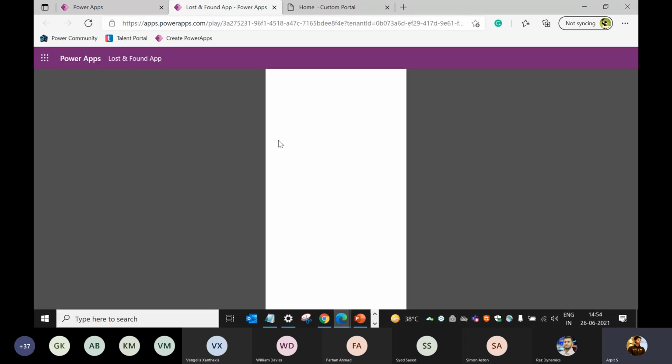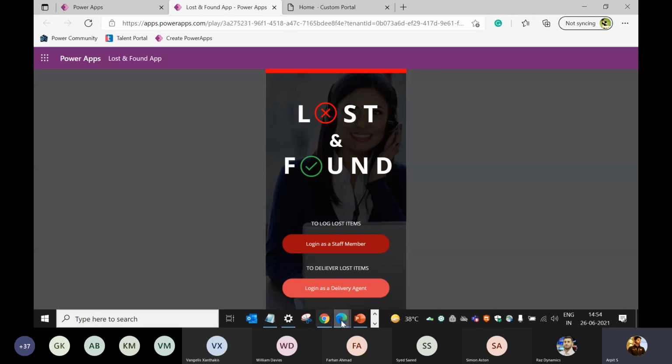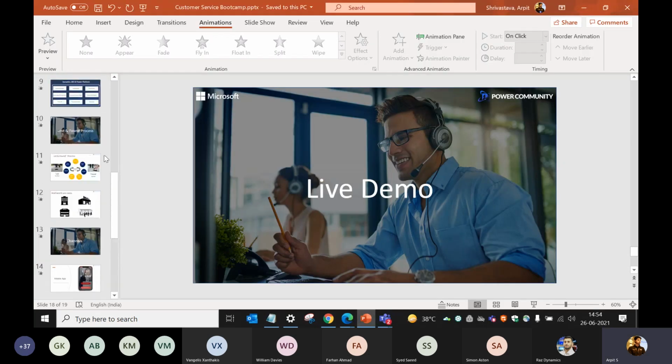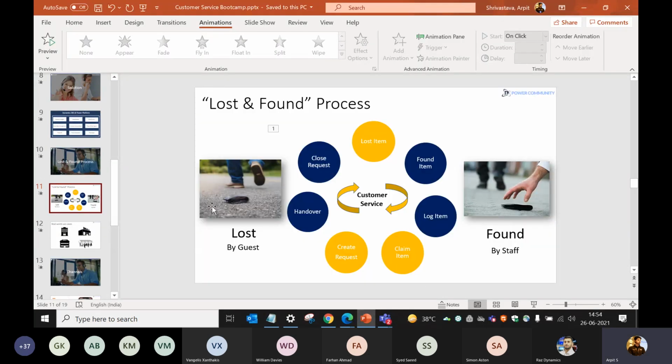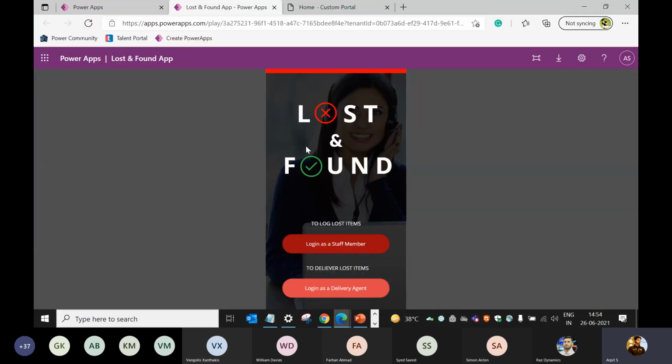The first step, so that you can imagine it, is the lost item. Let's suppose I'm using this mobile application for a particular organization, maybe an office. In the office there might be two groups of users, who log in as a staff member or as a delivery agent.